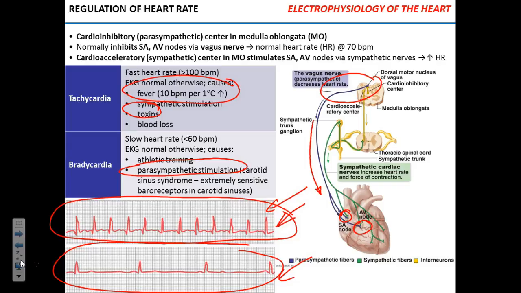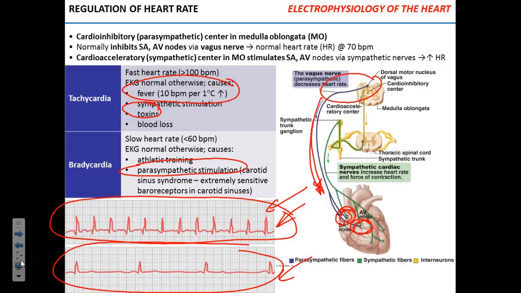When you start exercising, what happens to the parasympathetic system first? Does it get activated or inhibited? When you start exercising, it gets inhibited, right? Parasympathetic activity becomes low, so signals through the vagus nerve become less and less frequent, and the SA node, it's mostly the SA node, will start to send signals to the heart more and more frequently.